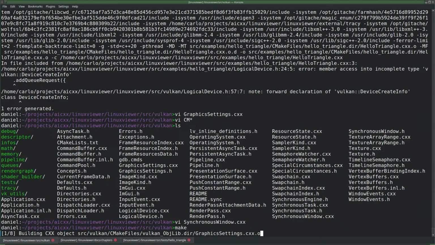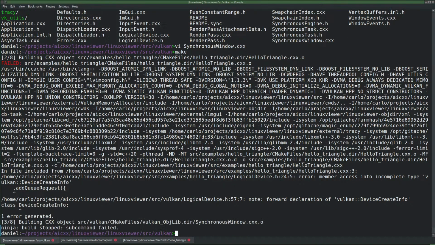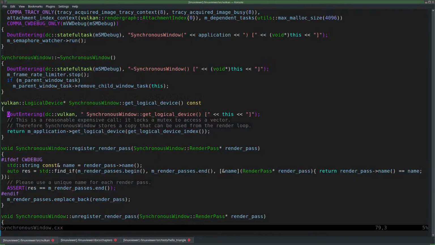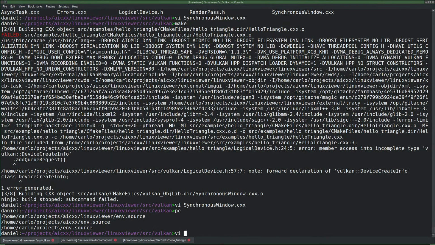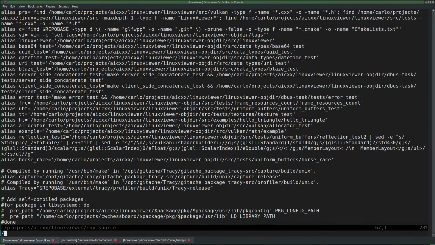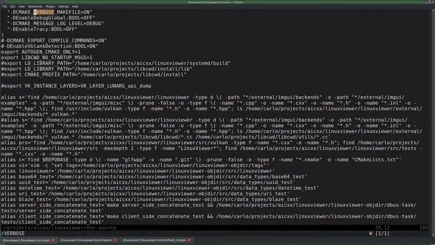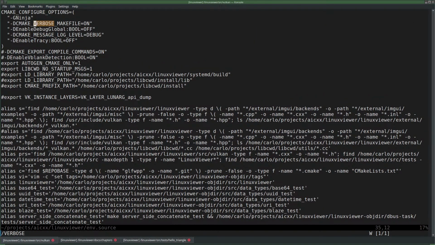Oh, it's compiling it. It is not showing, and it's only showing the errors. Oh, verbose is just turned off. Really? Thought it was still on for some reason. It is on. It should be on.